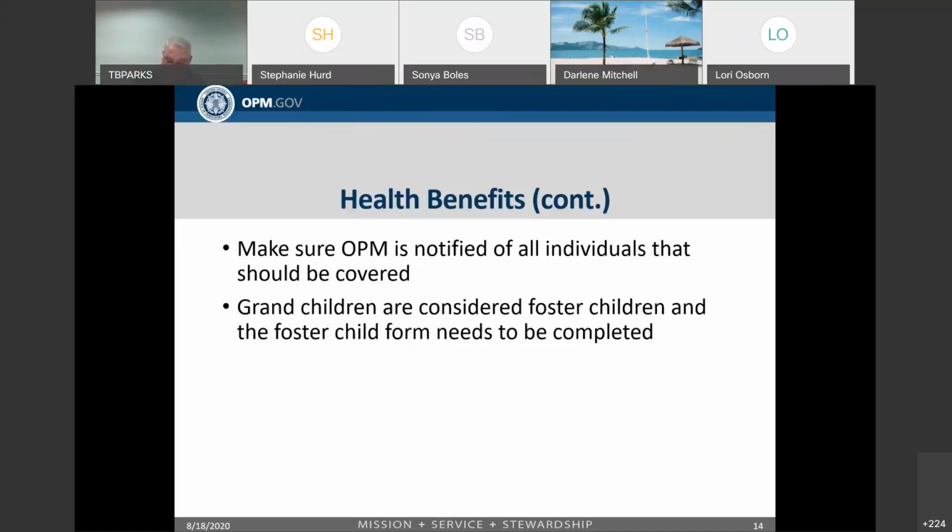Another thing to consider: once the SF-50 for death is prepared and sent to payroll, the health carriers are reconciling their files much quicker than in the past. So if they don't receive payment within 30 to 60 days, we're finding that they are sending notifications to the survivors that they're terminating or canceling their health insurance. So it's happening much faster than it used to. The sooner we can get everything taken care of and get the claims processed, the less chance there would be of a termination of health insurance coverage.